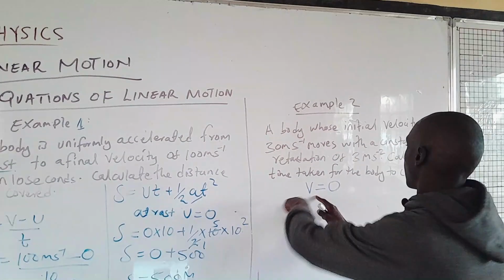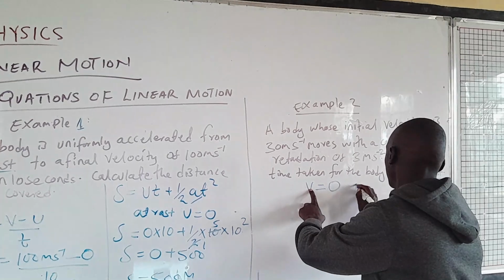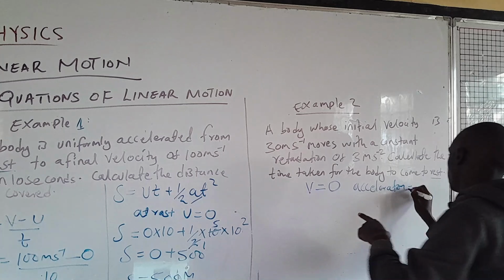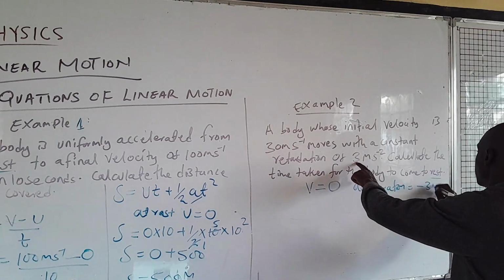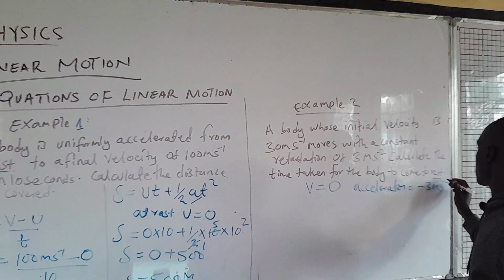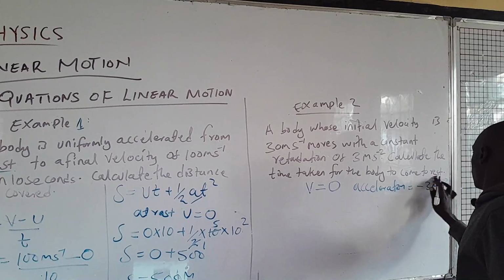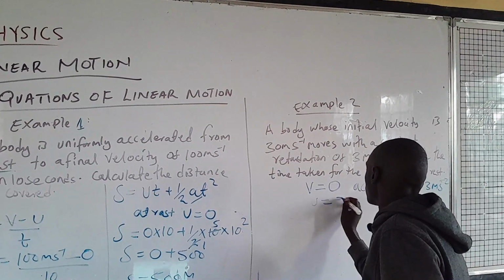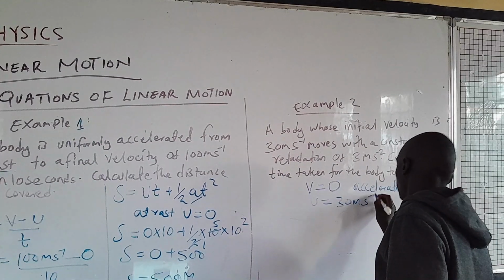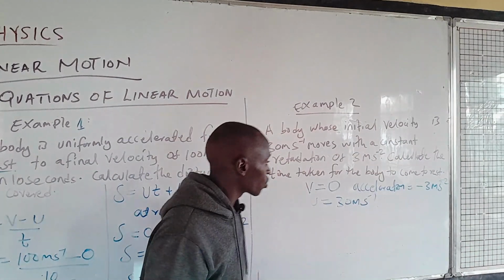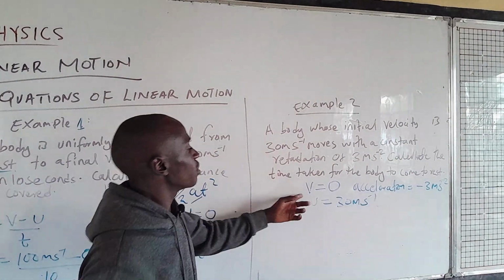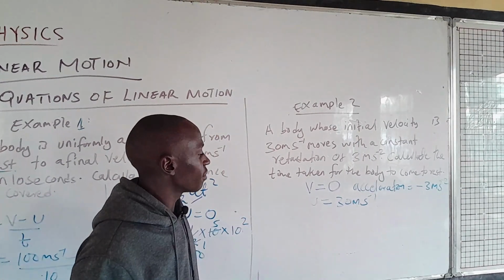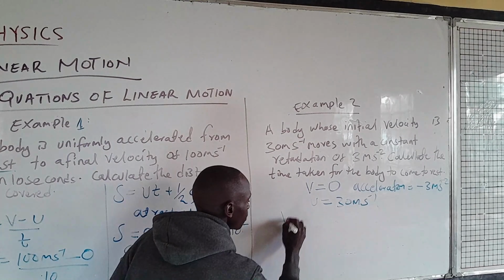So here, our retardation will be our acceleration, but it is negative acceleration. So it is negative 3 meters per second squared. And then what else do we have? Velocity. So initial velocity u equals 30 meters per second. Now here, after looking at this question, we are only required to calculate time, and we've been given the final velocity and the initial velocity and acceleration. So we are going to apply the first equation, whereby the first equation is v